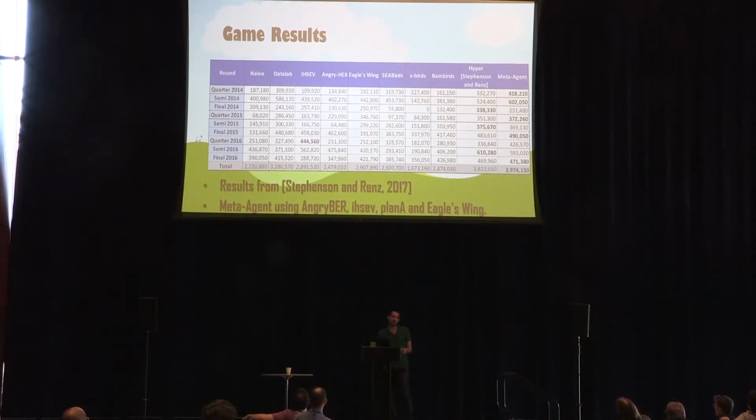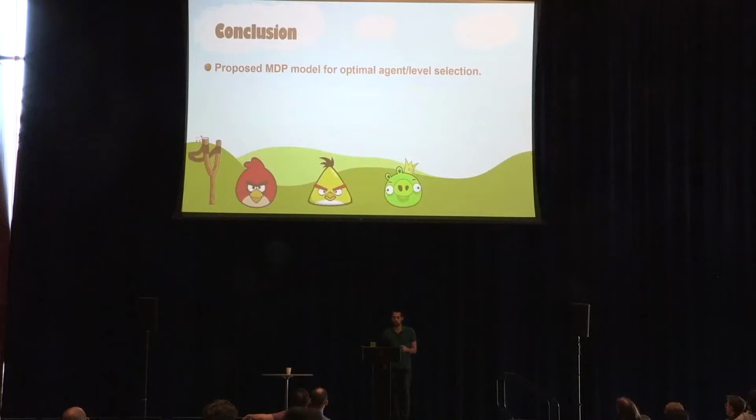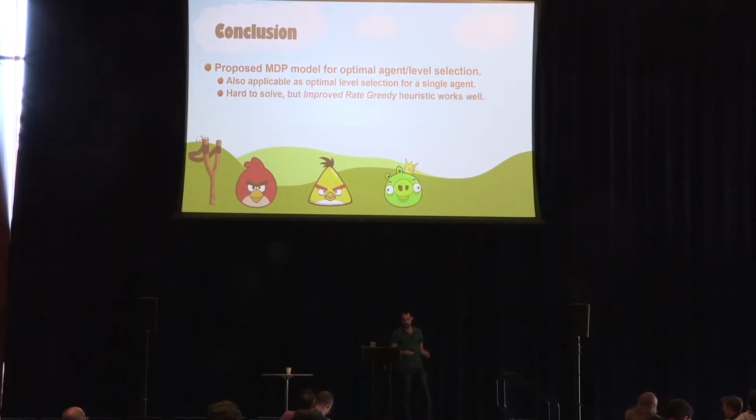So even though we had fewer agents, we could still perform well. To conclude, we proposed an MDP model for optimal agent and level selection. This model is also applicable for optimal level selection given a single agent. This is hard to solve, but we have a good heuristic that works well, at least for the Angry Birds